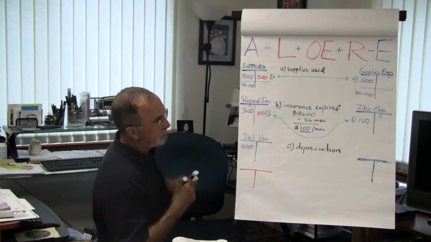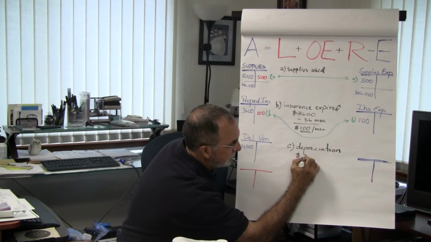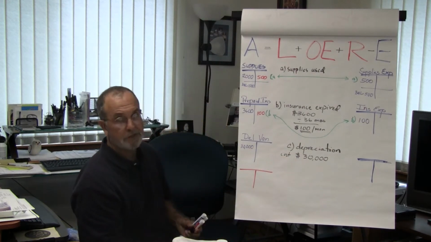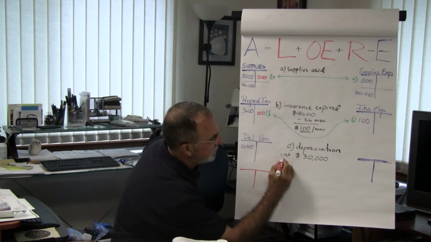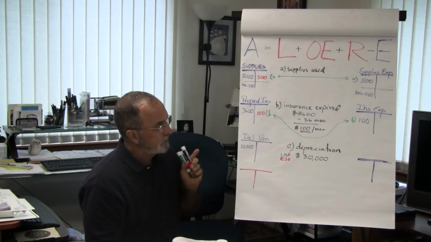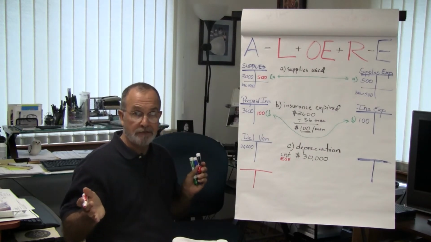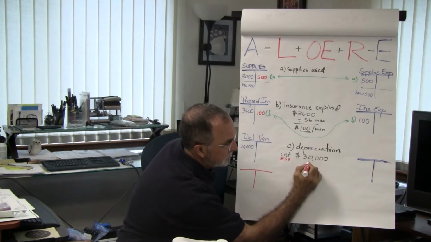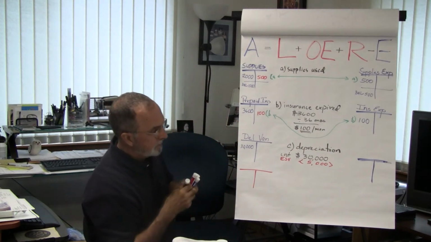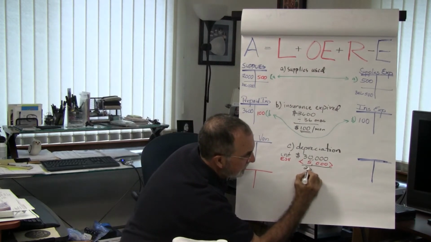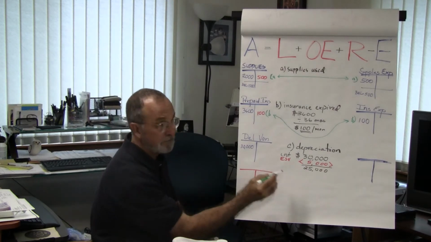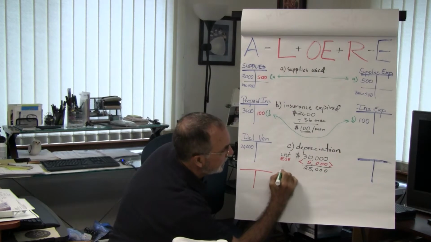Now, we need to calculate the amount of our depreciation, and the calculation is done this way. We start out with the cost of the asset that we need to depreciate, and then we subtract an amount called estimated salvage value, an amount that we expect this asset to be worth at the end of its useful life. And that's an estimate. And so again, keeping it simple, let's say we expect this asset to be worth $5,000 at the end of its useful life. And so we deduct that amount from the cost, leaving $25,000 of cost to depreciate,